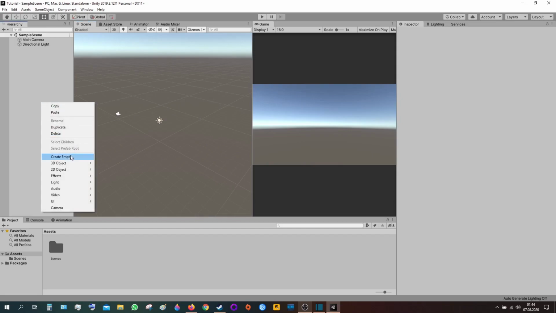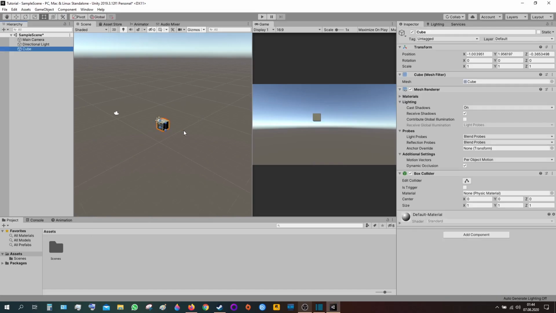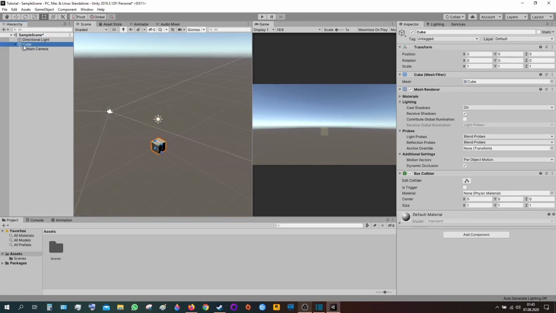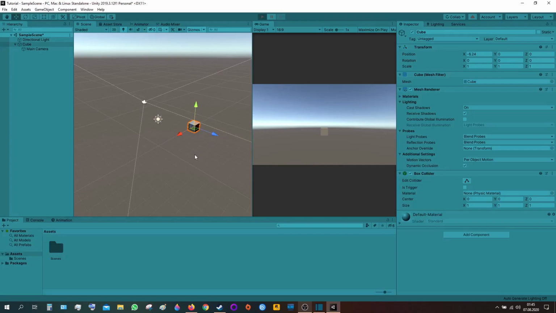So the first thing we need is the character itself. Let's just make a cube. Let's give it a location of 0, 0, 0. Let's move the camera as a child to the cube. And now whenever the cube moves, the camera moves as well. Now if we test it out, you can see